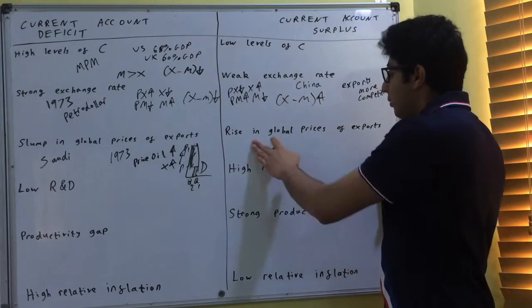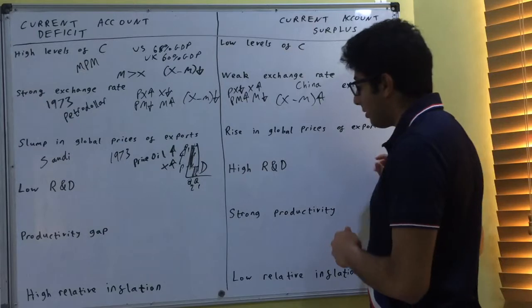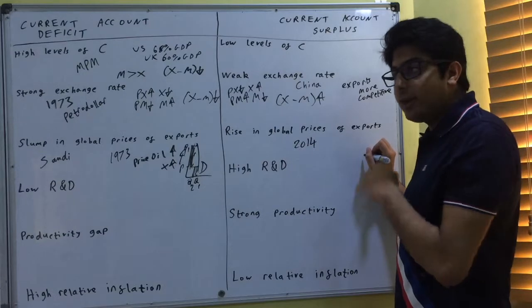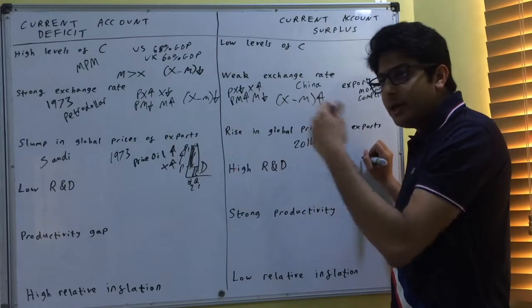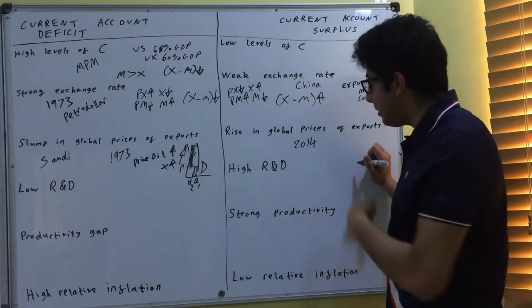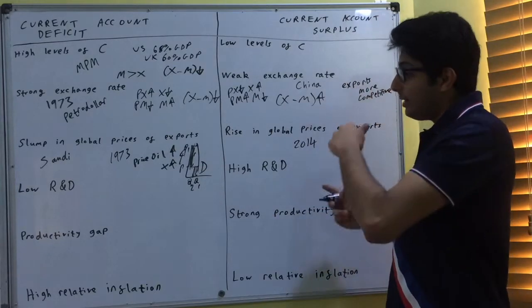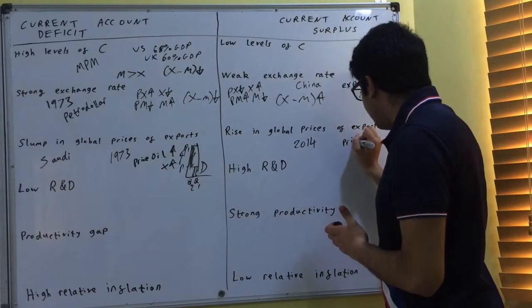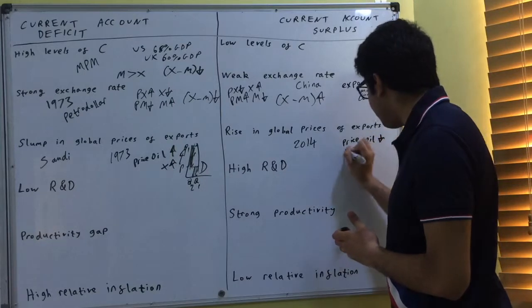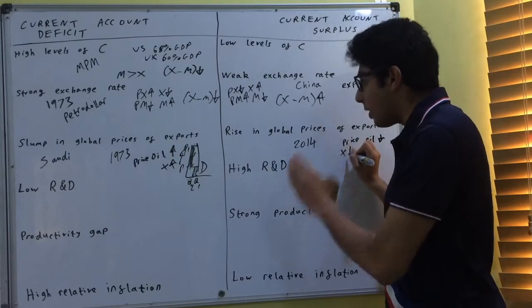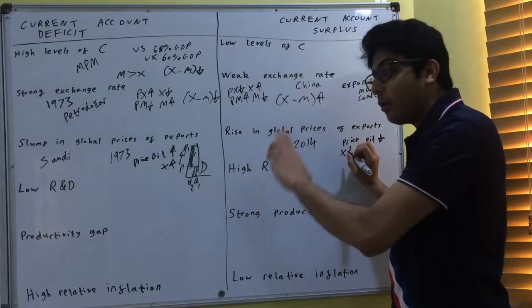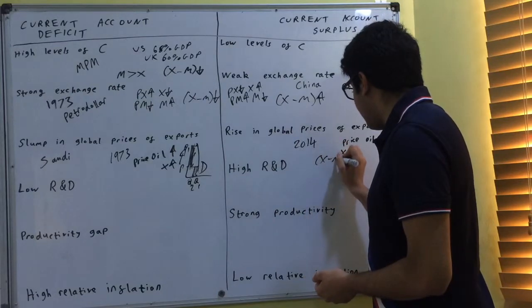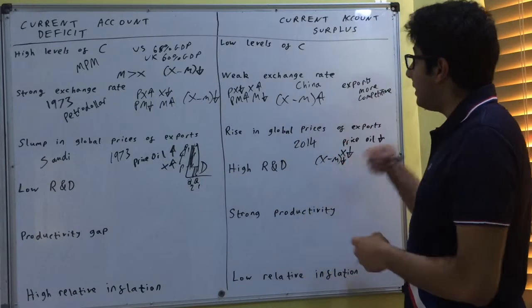The same can be said with a negative supply-side shock in oil. In 2014, the price of oil decreased significantly. I think it went from something like $100 a barrel to $20 a barrel or less. You can check the statistics for that. But that meant the opposite effect of what happens here. The price of oil decreased significantly, meaning that the value of the exports of oil exporting countries decreased significantly, and obviously that led to a reduction in net exports, leading to a trade